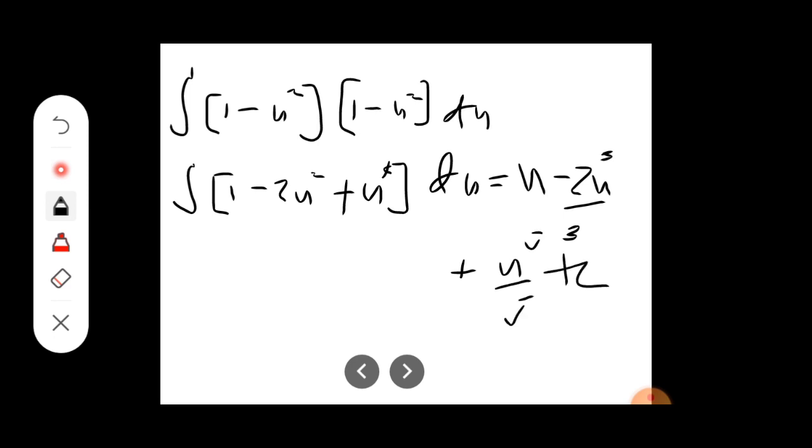Now we can write the final answer. That would be sine x minus 2 over 3 sine cubed x